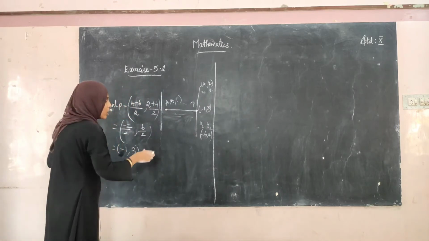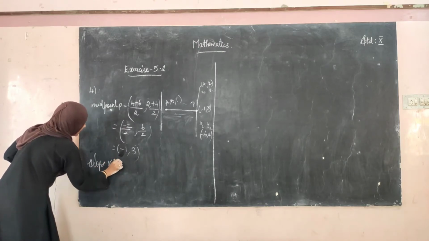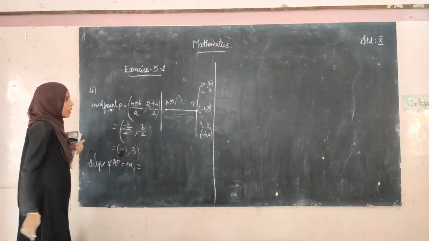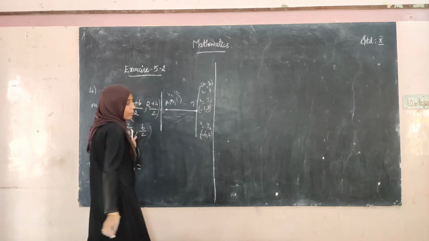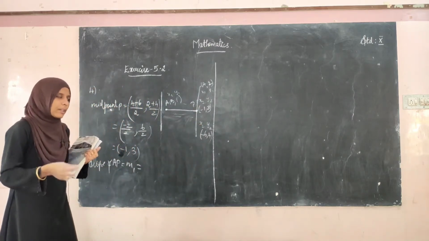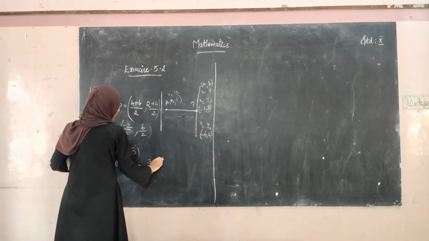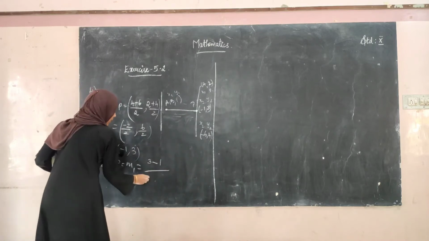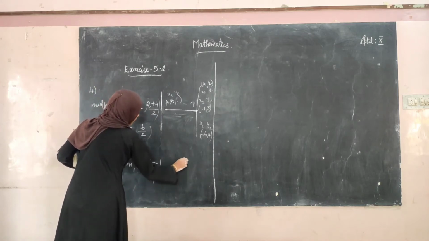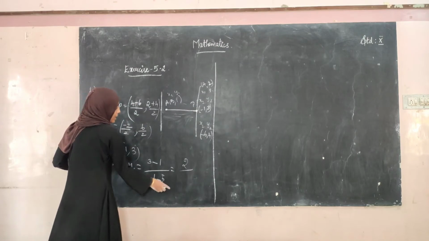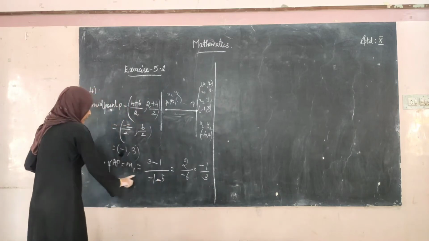Now we have to find the slope of AP. Let us take the slope of AP as m1. Here you have to take x1, y1, x2, y2. What is the formula for finding the slope? It is y2 minus y1 divided by x2 minus x1. y2 here is 3 minus y1 is 1, divided by x2 is -1 minus x1 is 5. That equals 3 minus 1 is 2 divided by -1 minus 5 is -6, which equals -1 divided by 3. So this is the slope of AP.